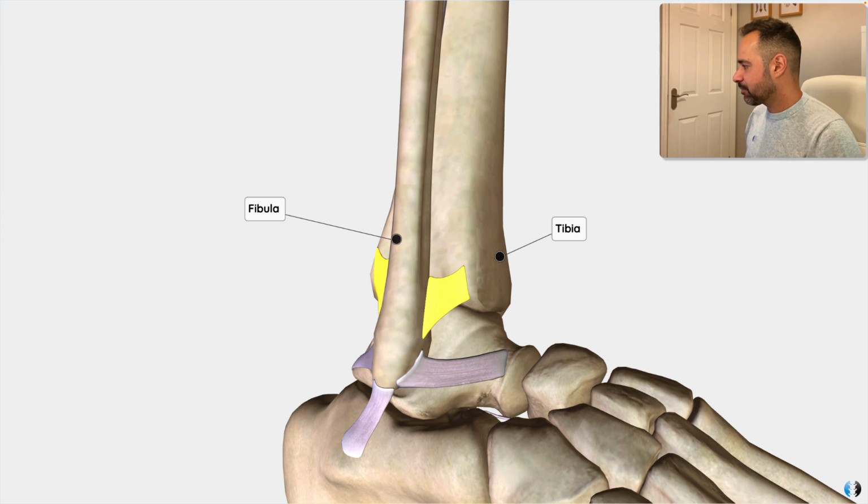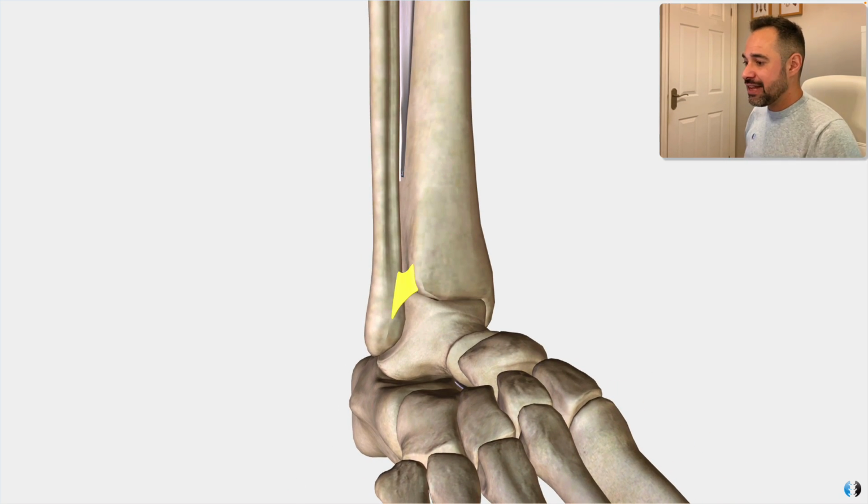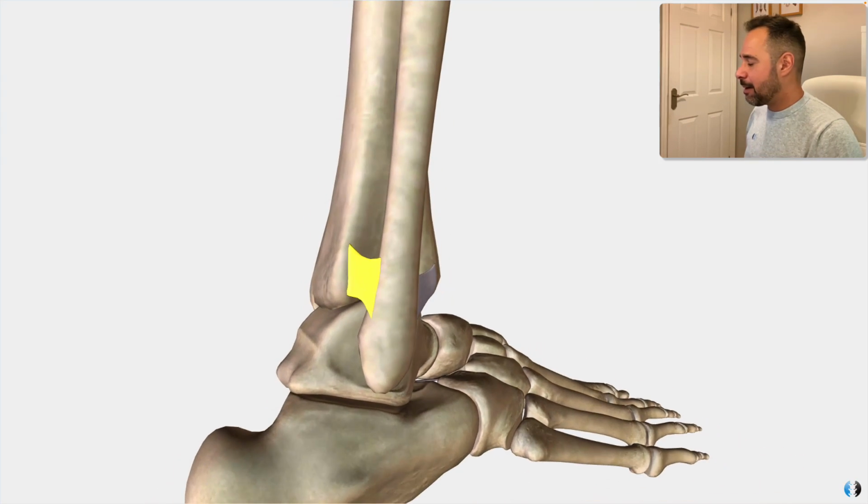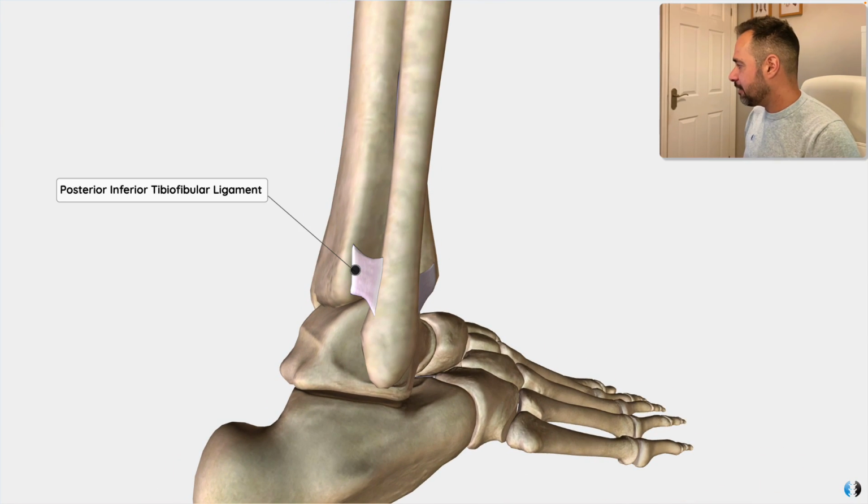Let's explore them. First of all, we have the anterior inferior tibiofibular ligament. As the name suggests, it's anterior, it's inferior because we also have one at the knee joint, and it joins the tibia to the fibula. The same can be said about the posterior inferior tibiofibular ligament, and of course this is situated at the posterior